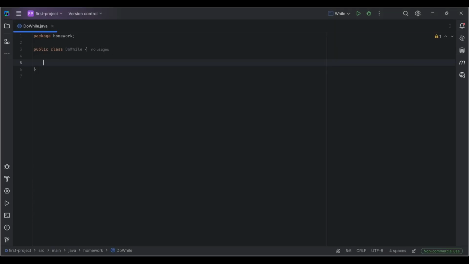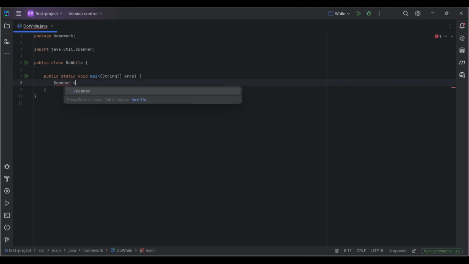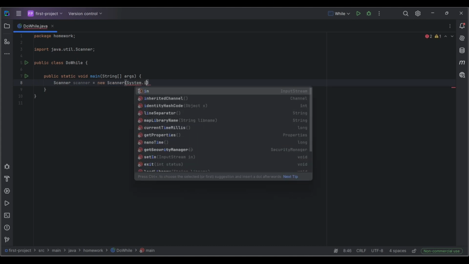So let's go and directly create that in the main function. So we can use scanner. Let's implement scanner. So new scanner, system in,